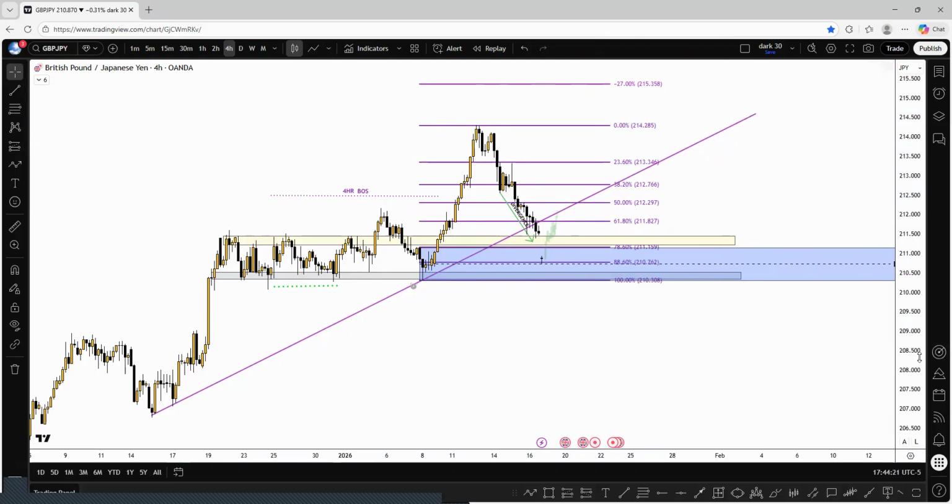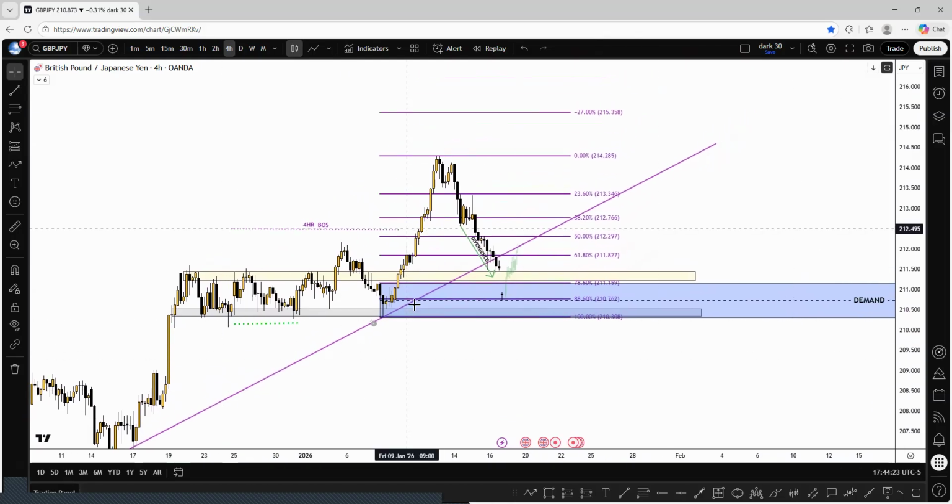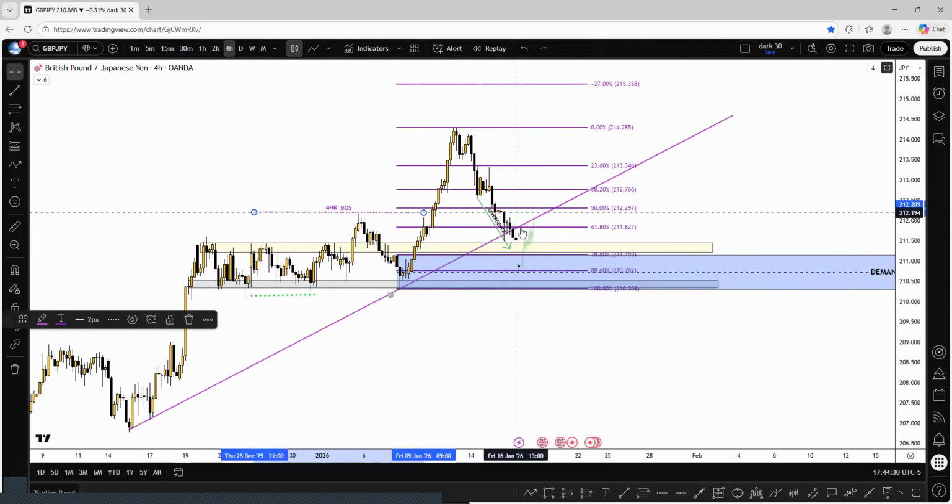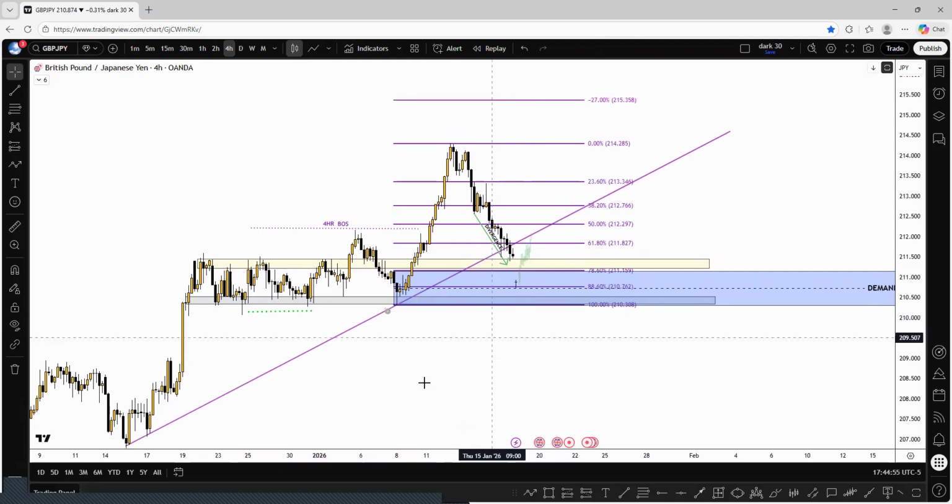But what I'm about to explain is this 4 hour is still in an uptrend because this was the 4 hour breaker structure right here. And it broke that structure and then it pulled back. So as long as it doesn't break down here and the candles don't go past this point, we still in a 4 hour uptrend. It just pulled back and retraced deeper and deeper and deeper. So what I'm looking for possibly to happen is